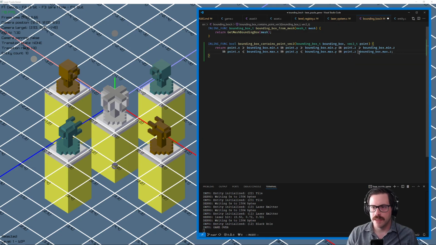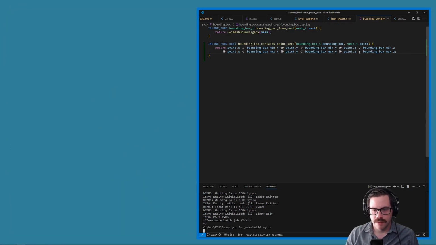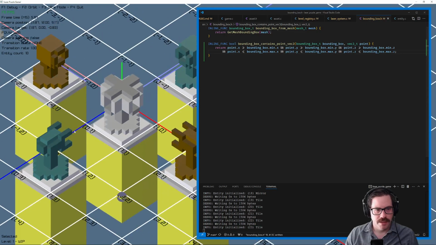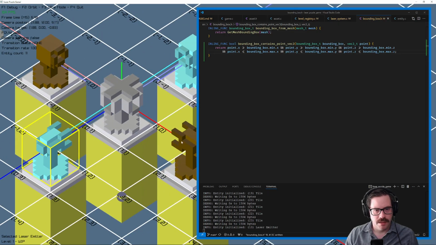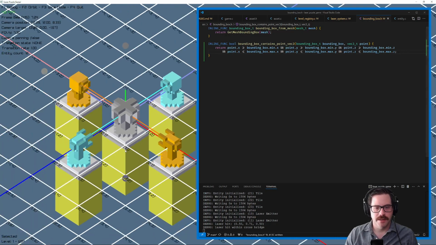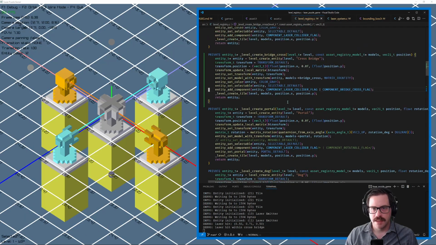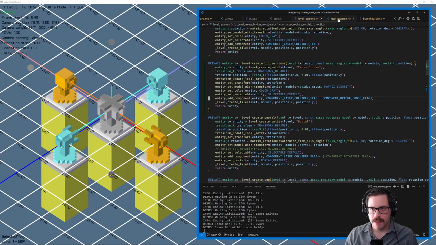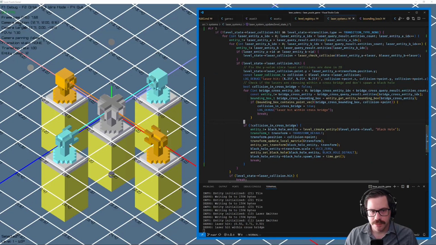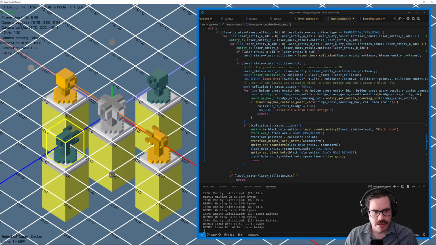Oh, there we go. Less than. Aha. That's probably it. Cool. There we go. Laser hit within cross bridge. Boom. Excellent. I'm wondering why it's not spamming that message though, because